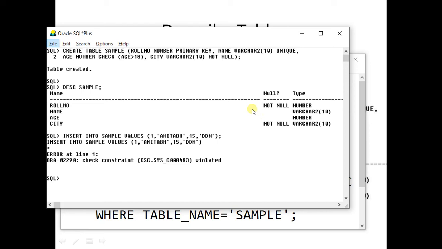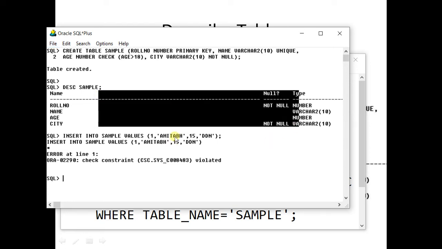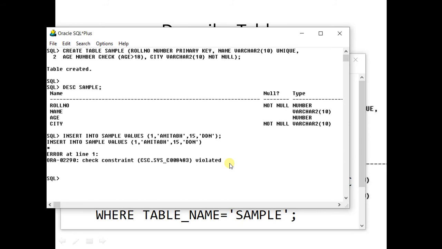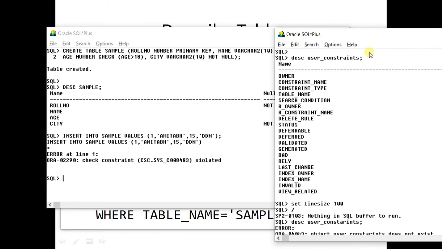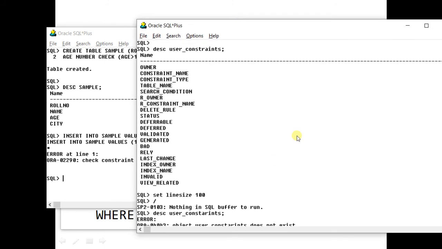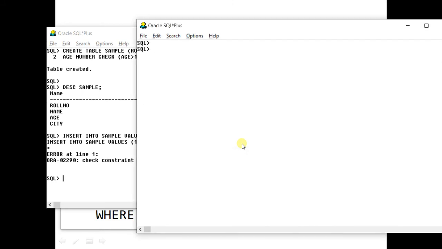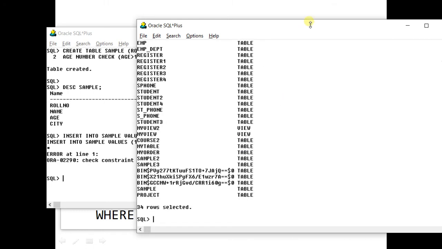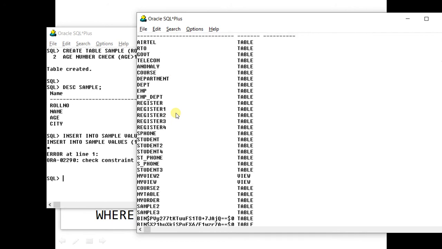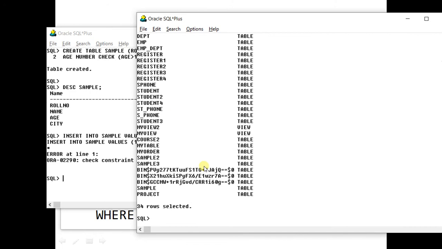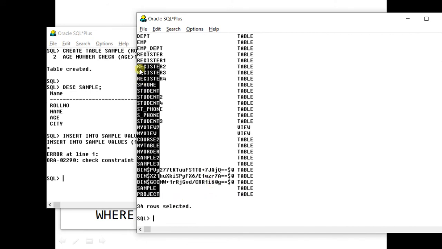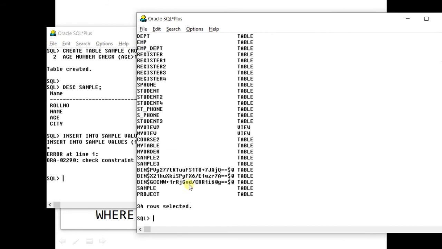Whatever constraint you apply on a table is stored in a data dictionary table. Now, as you know, what is a data dictionary table? A data dictionary table is a table which is present in the system, but it is not displayed in the list. For example, I have told you many times, select star from tab. You can see a list of a number of tables, like Airtel, RTO, government, telecom, and so on. But there is one table called user underscore constraint, which is not there, but you can select it.